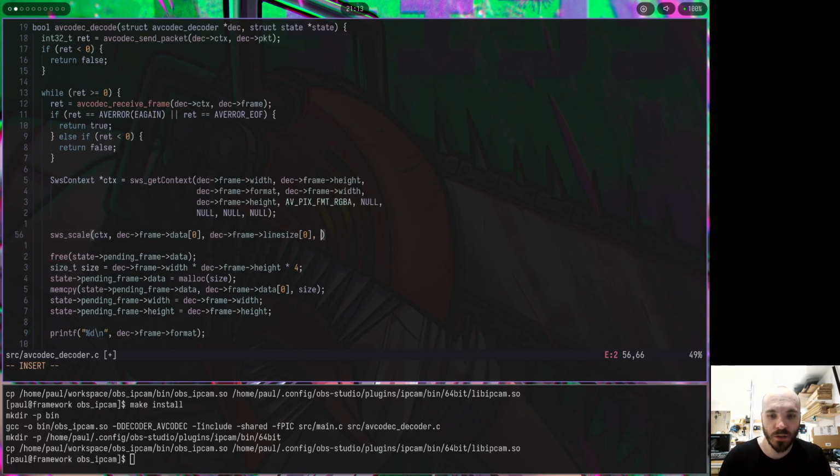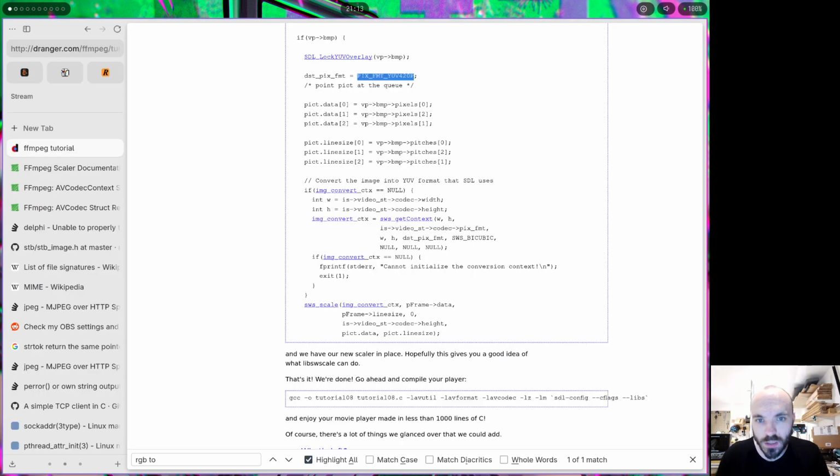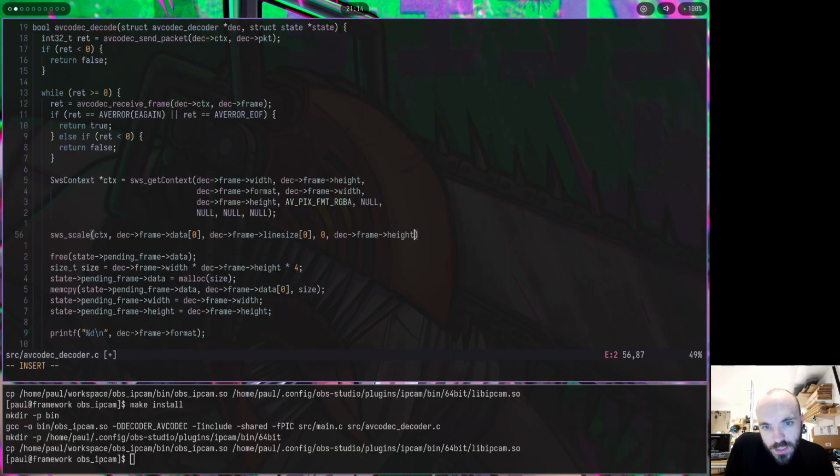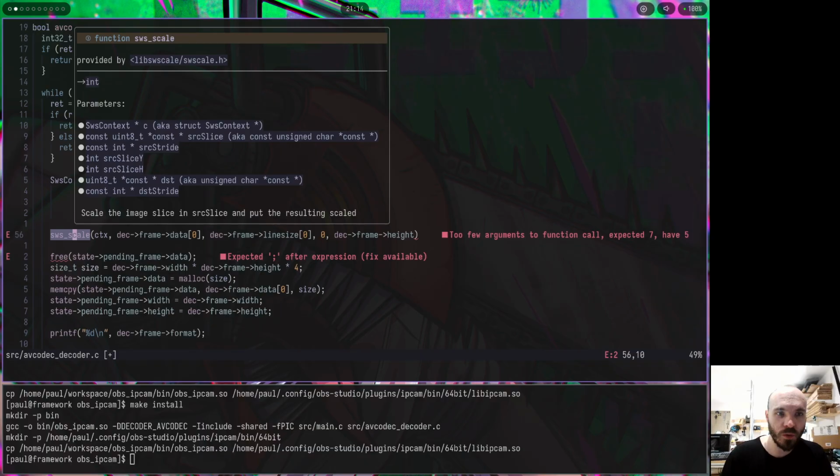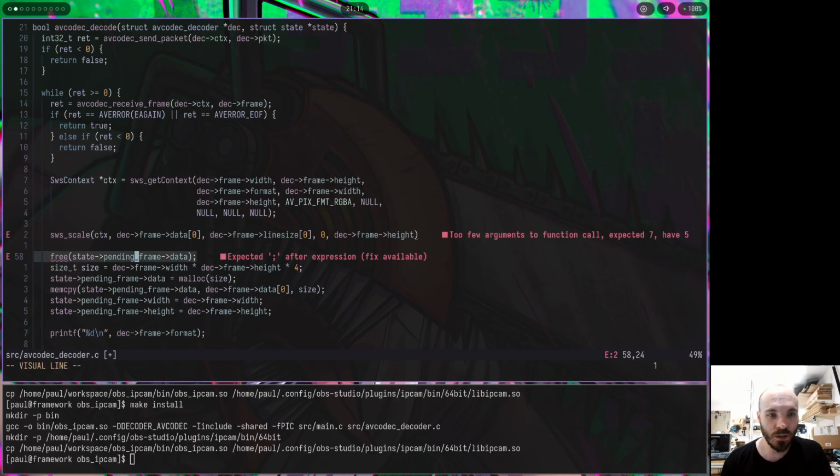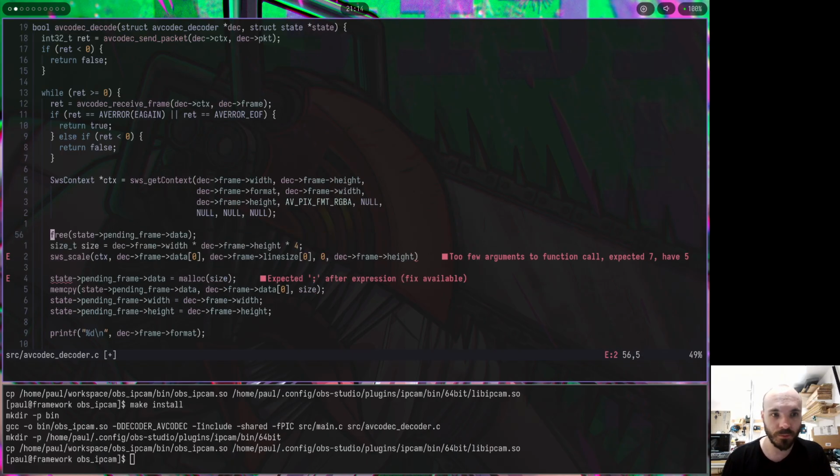Okay, makes sense. So you separate. Okay, deck frame height. So it's just if you want to move it in the Y and then how much of the H you want to get, I guess, and then data and line size. So that's like the export, I guess, destination and stride. So I think what I can do then is move these two up,